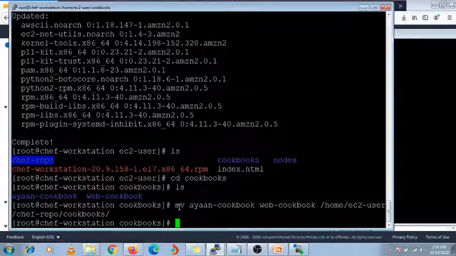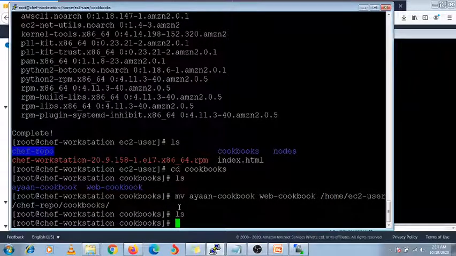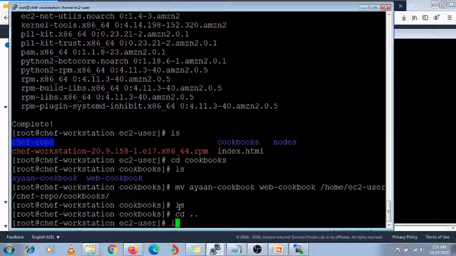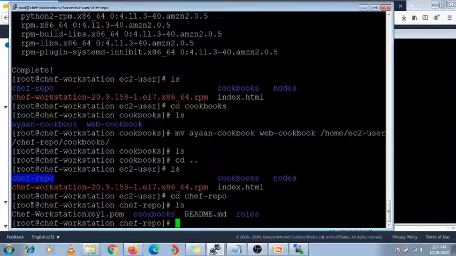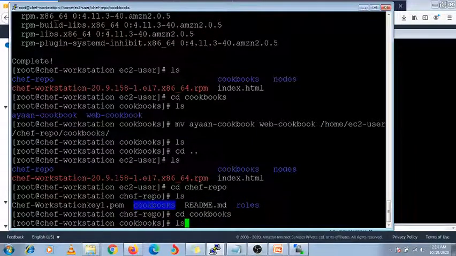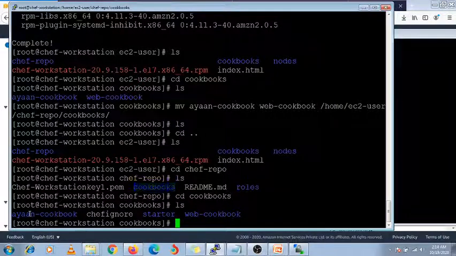Now you can see, ls. Under this chef-repo you can check there is the directory cookbooks. Go under and check, these are the two cookbooks I have copied, right?